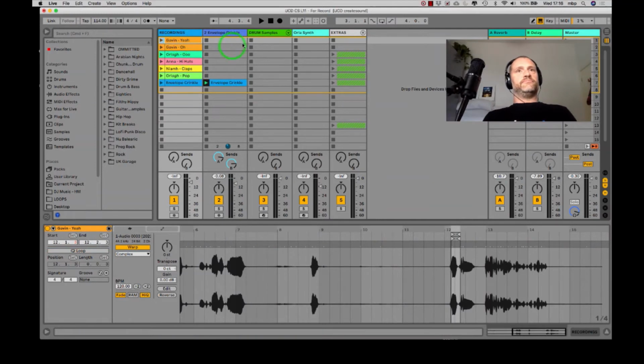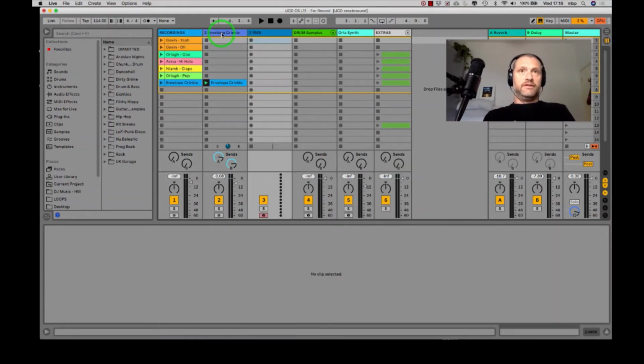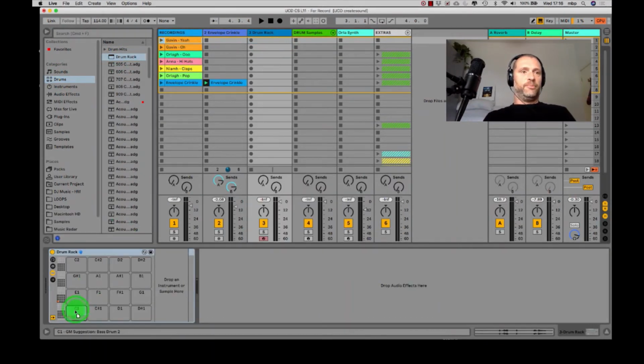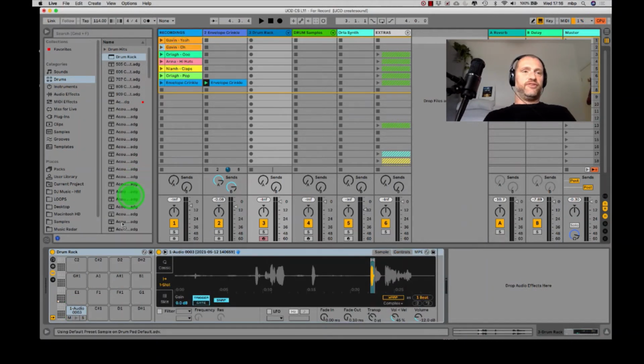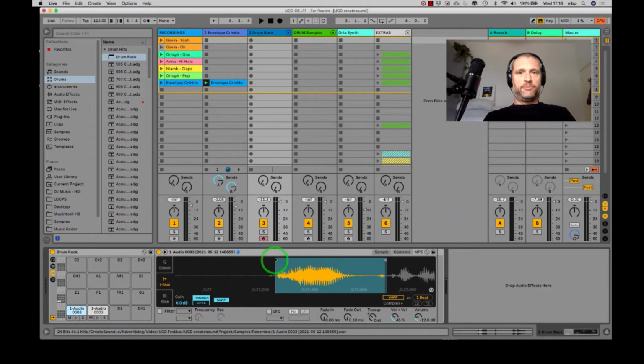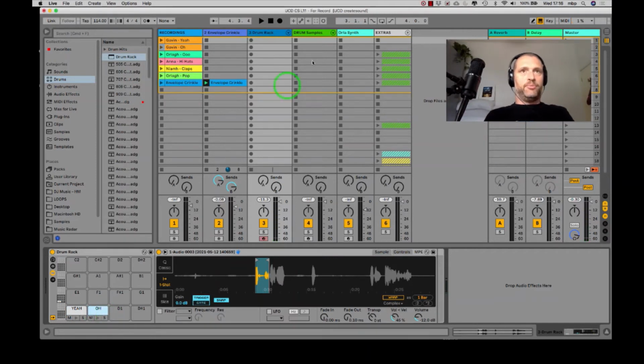Let's bring out our Gavin. So, okay, what we could do is maybe get an empty drum rack here, and put Gavin on a couple of these pads. We have him saying yeah and oh. Let's go and listen to yeah. And as Cian did, we can go into that sample. Okay, I'm happy enough with it starting there, and maybe transpose them down a bit. Maybe five semitones. Yeah. Nice. Okay, we'll call that yeah. Oh. And then we got the O.